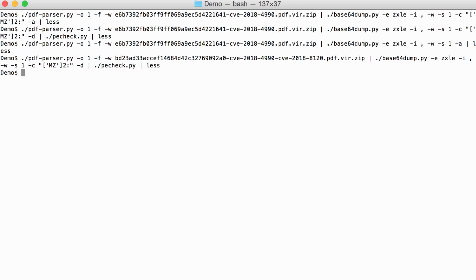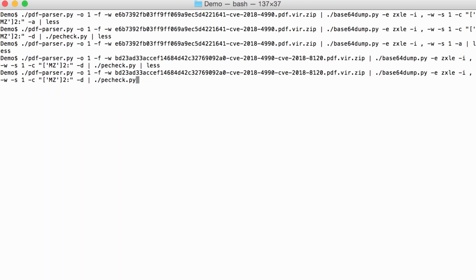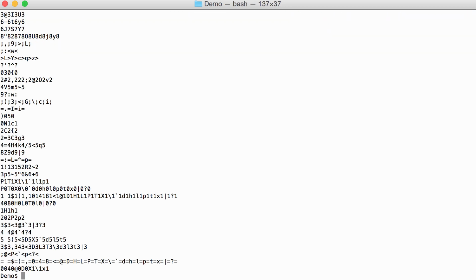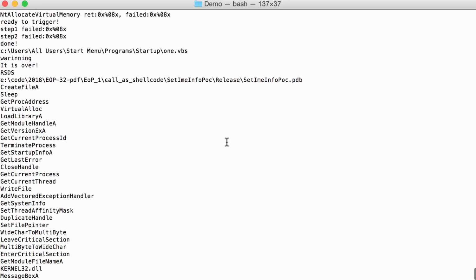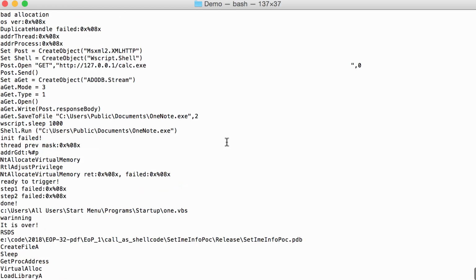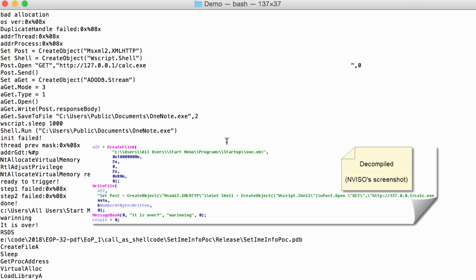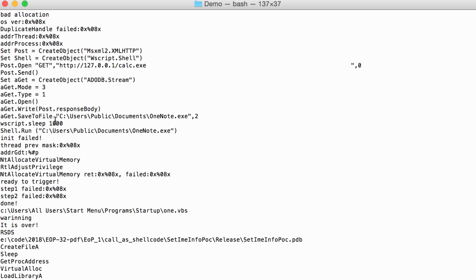And one last thing, we are going to pipe this into strings to see all the strings that are inside that executable, like this. And let's scroll back up. Okay, so you probably saw in Microsoft's blog post the screenshot of the VBS, the Visual Basic script that was embedded, and that's the script that you see here, like here the get statement, and writing this to a file